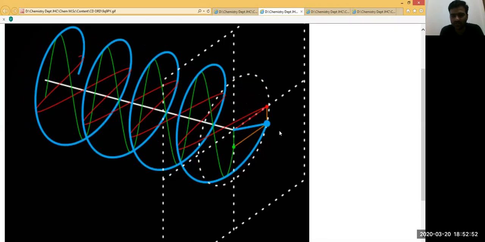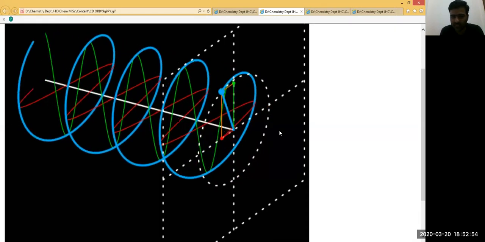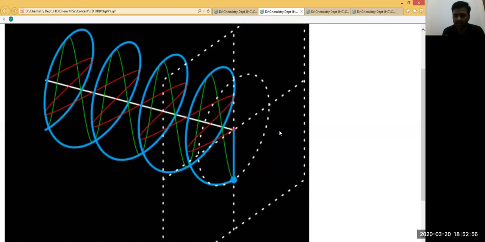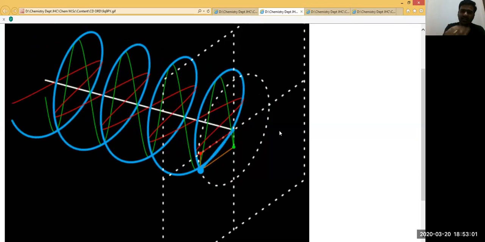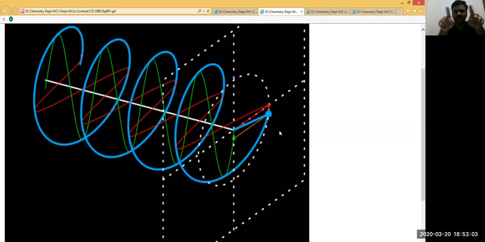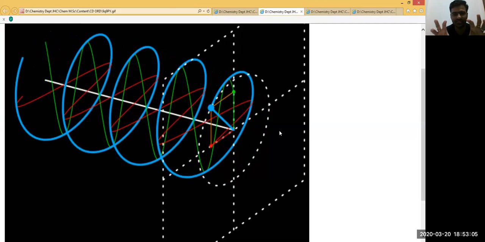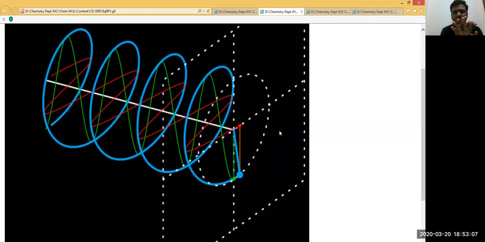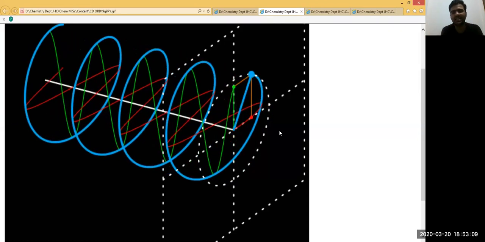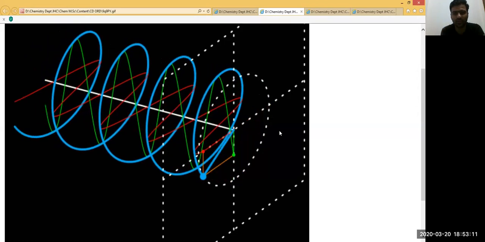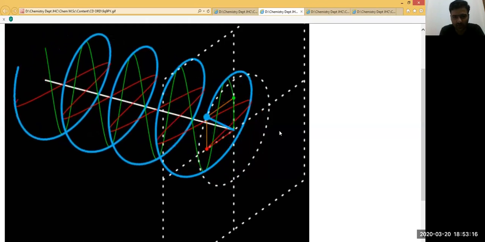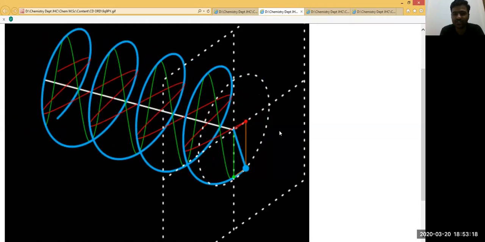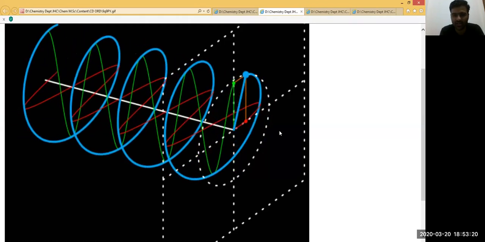A few things about circularly polarized light which one needs to understand: circularly polarized light, by itself, is intrinsically chiral, and the right and the left circularly polarized lights are mirror images of one another and they are non-superimposable. That means that there is some chirality in the circularly polarized light itself. Because there is chirality in circularly polarized light, they are going to interact differentially with a chiral environment or a chiral medium,